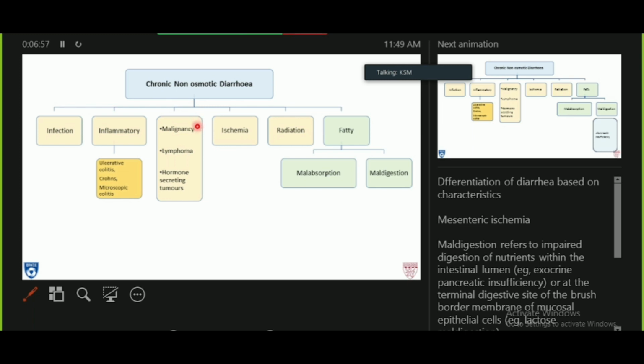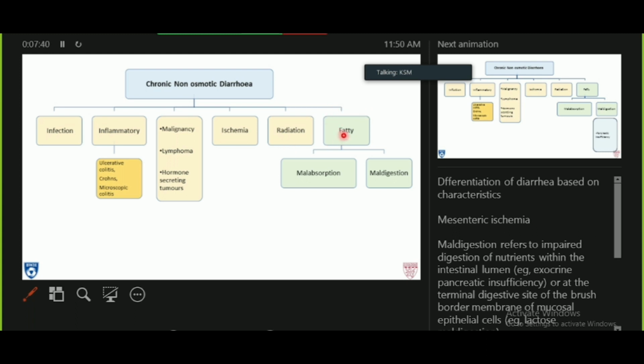But in addition to that, there are precancerous lesions, such as tubulovillous adenomas of the colon, these polyps which can cause a profuse watery diarrhea. And then you have gut lymphomas and also hormone-secreting tumors such as carcinoids and vasoactive intestinal polypeptide tumors, which can also lead to a chronic diarrheal symptom. Ischemic colitis, we tend to see that more with elderly patients or athletes like marathon runners. Individuals who have undergone radiotherapy, particularly to the abdomen, can develop radiation colitis, which is primarily due to fibrosis of the